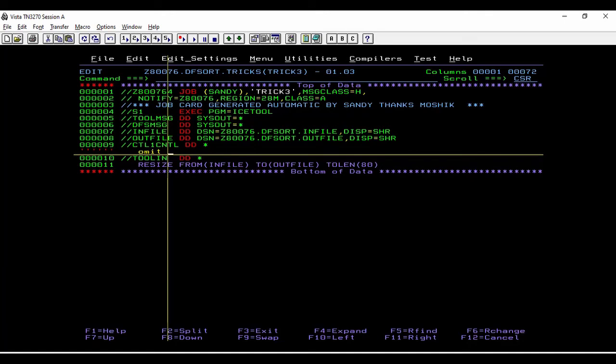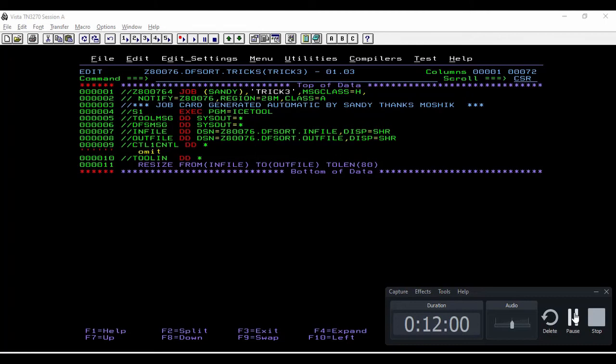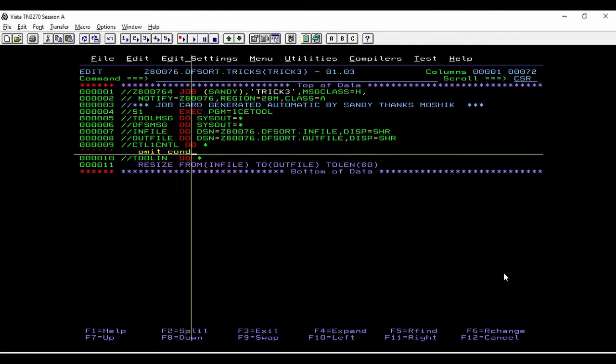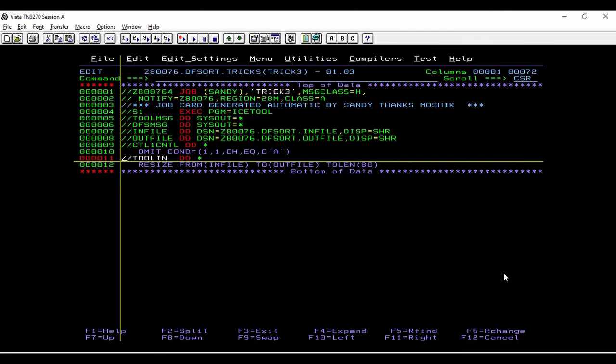Omit condition. It will check for the first byte of that record, which is from 1 to 1, and it is a character. If it is equal to A instead of R, then we'll omit such records.